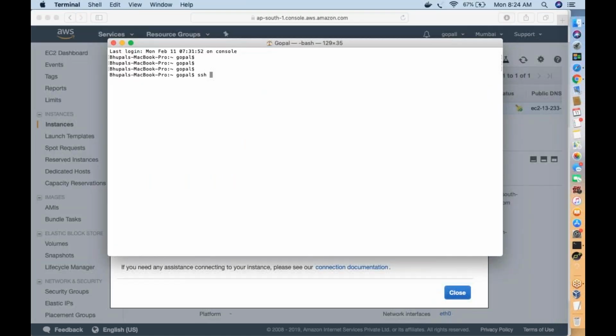Now first, where is my key present? Under Downloads, right? Under Downloads I have my key.